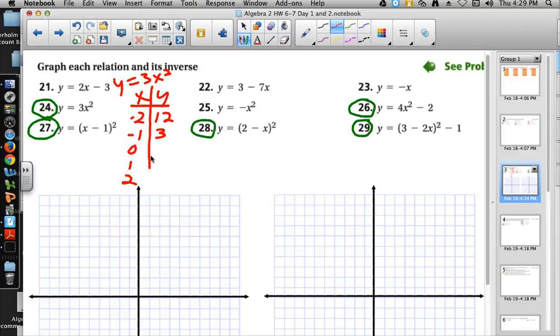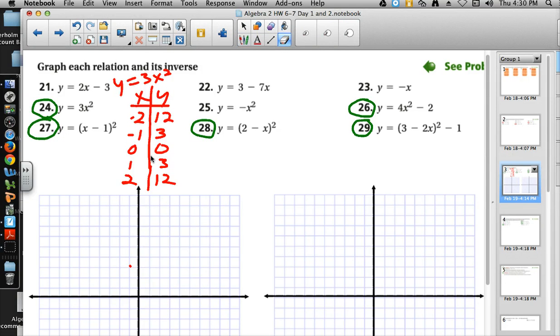0 squared is 0, times 3 is 0. 1 squared is 1, times 3 is 3. 2 squared is 4. 4 times 3 is 12. And we start to see that symmetry in the y values here. So I'm going to graph the ones that will show up on my graph here and just kind of aim for that negative 2, 12. If this were on a test, you know what, I'm going to do this as if